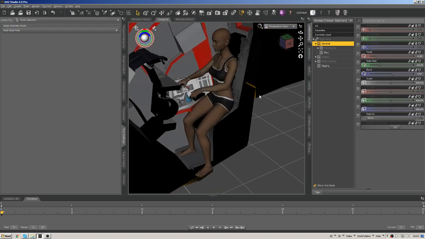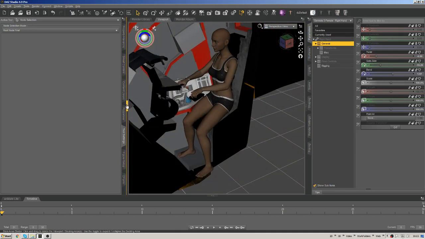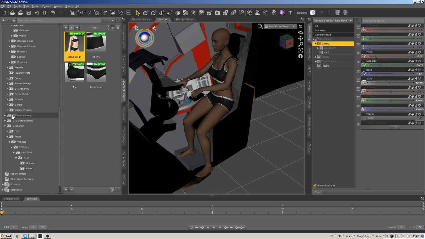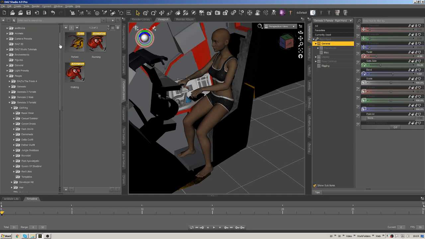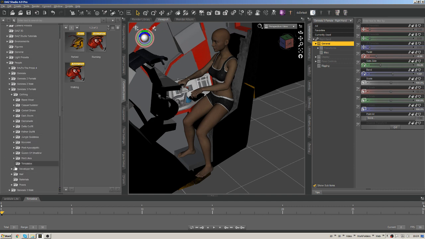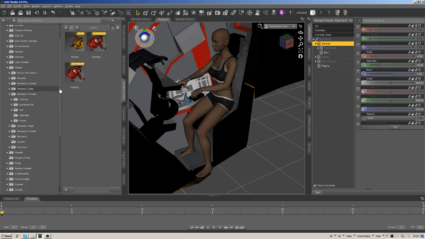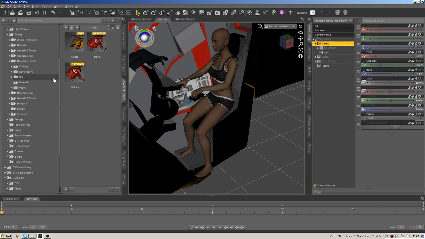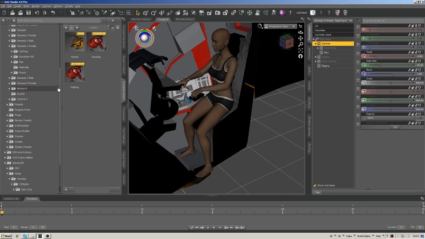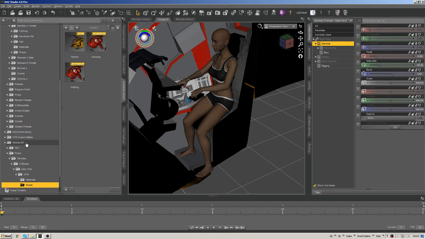I'm thinking that's good. So, let me just pop over here into my content library, and under poses, let's see. I am going to stick with this structure that everybody uses, although I really don't like it. To me, I feel like it would be better just to put her pilot pose in here, but I'm going to stick with what everybody's used to. Yeah. So let's add some folders. We need to add